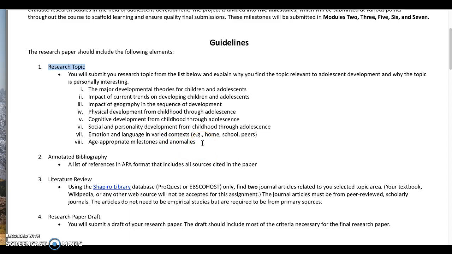If this is the topic you want to choose, then you are going to find research articles that discuss age-appropriate milestones and anomalies. You will use this Shapiro library to find at least two peer-reviewed articles for your annotated bibliography. And then when you move into the literature review, you will either need to find two new peer-reviewed articles, or you will need to do one new peer-reviewed article and then further research one of the previous ones you used